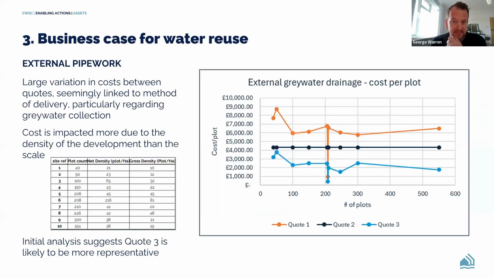supply, around that ballpark. When we get onto the drainage side of things, like I say, I think we would want to do further work on this, because the costs that we've received to date, we don't believe necessarily represent what developers would end up funding. You can see there's a large variation there, although there's a general trend associated with it. But what's quite clear is that the cost is really impacted by density more than necessarily scale. And I think if we were to look at this, we would probably take the view that quote 3, which